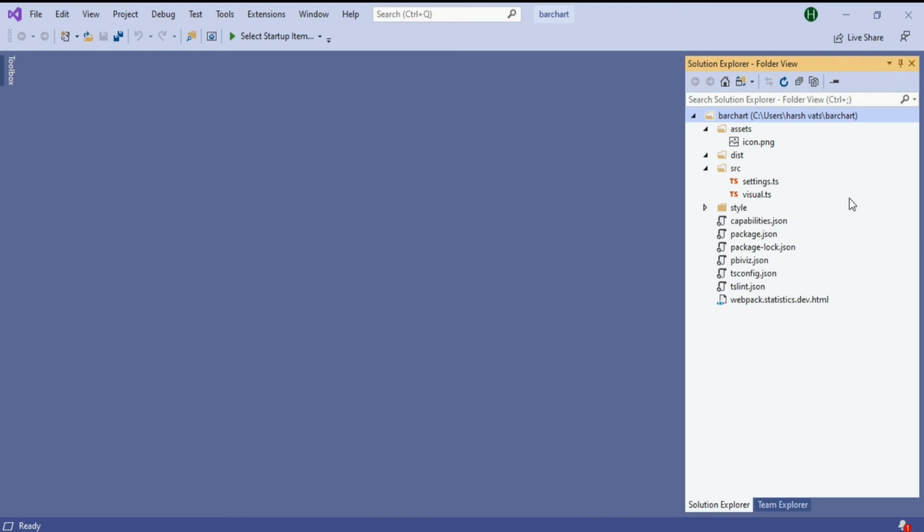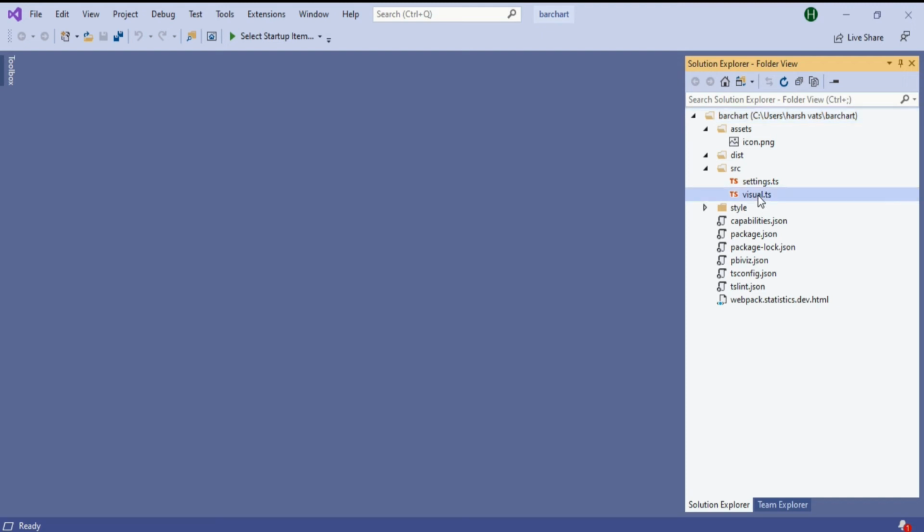If you want to understand in depth what these packages and this project structure do, you can go to my previous videos and see how each of this works, and if some changes happen within this structure, how it will impact our Power BI service. Now let's go forward and talk about D3 and why it is required.